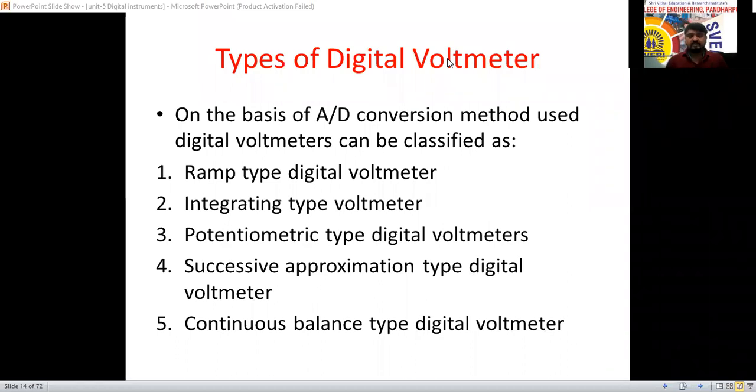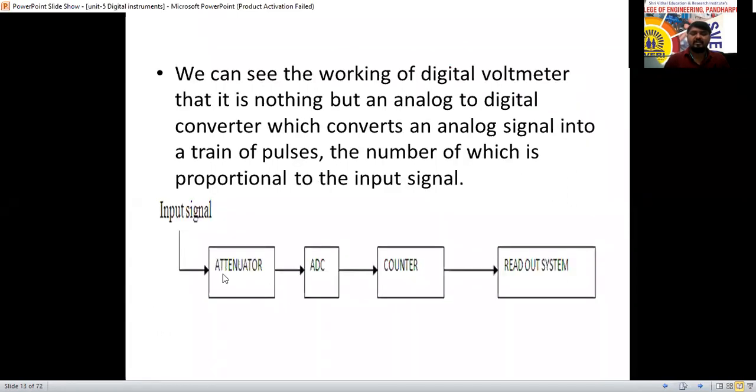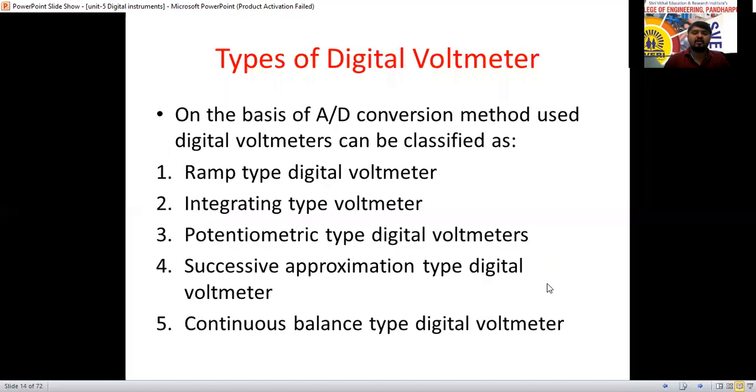We have discussed in the previous class the basic construction and working of the digital voltmeter. This is the actual working method: it attenuates, then the analog to digital converter counts the triggers and gives the readout value. Now, based on the analog to digital conversion method we are going to use,